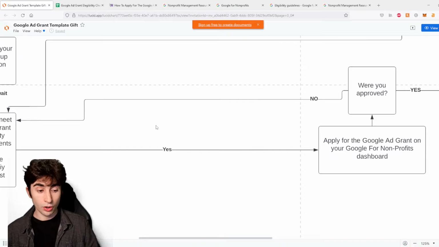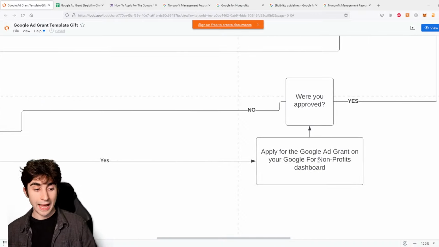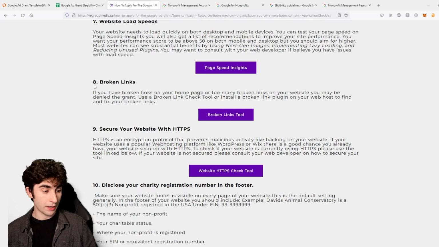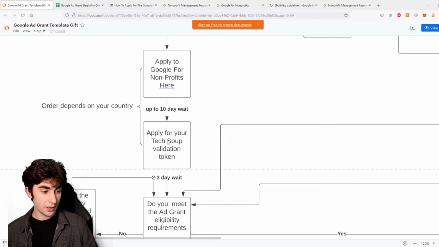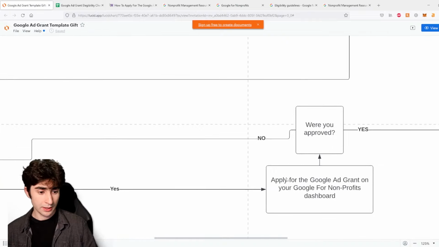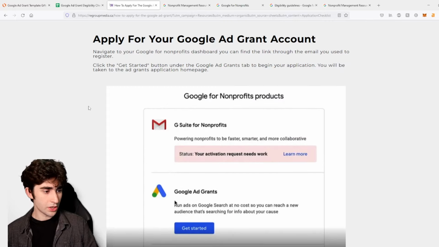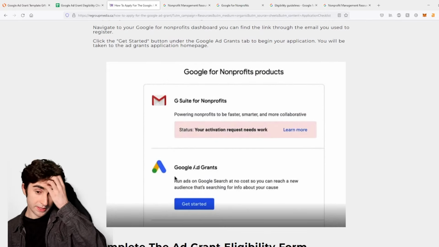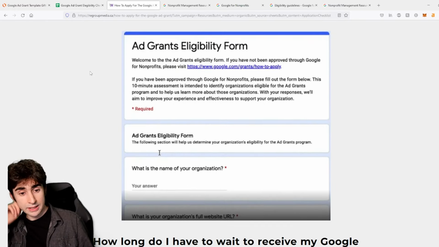After you have made all of the required changes, you're going to want to apply for the Google Ad Grants program. And this can be found on your Google for Nonprofits dashboard, which you will have gained access to once you complete your Google for Nonprofits and TechSoup applications. So that will look a little something like this. Simply click Get Started, and you will be taken to the Ad Grants